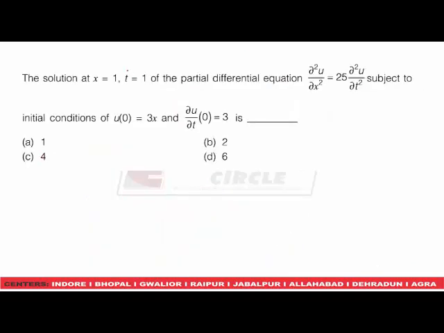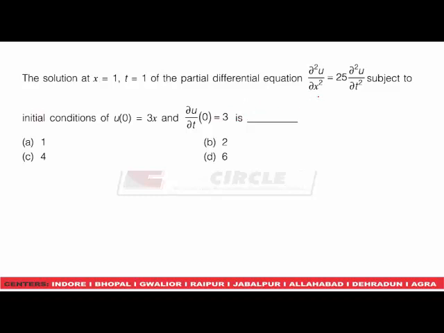The next question is: the solution at x equal to 1, t equal to 1 of the partial differential equation del square u by del x square equal to 25 del square u by del t square, subjected to initial conditions u at 0 equal to 3x and del u by del t at 0 equal to 3, is. Now,